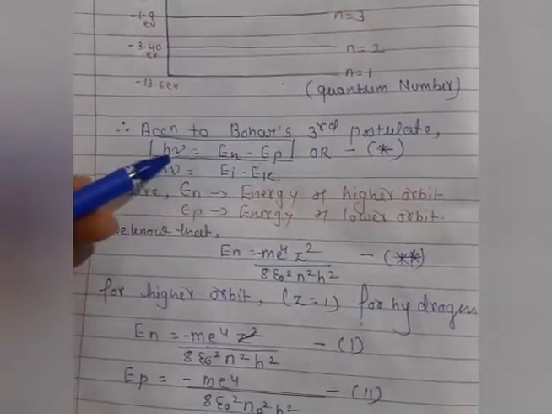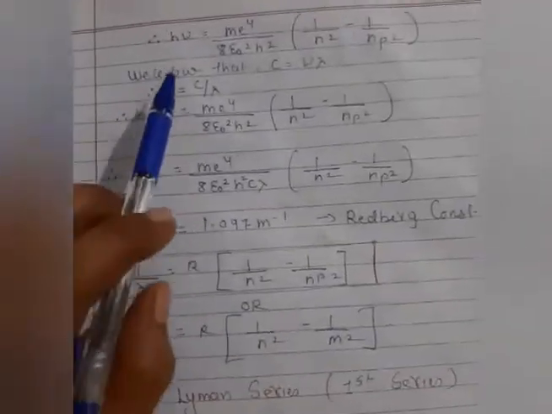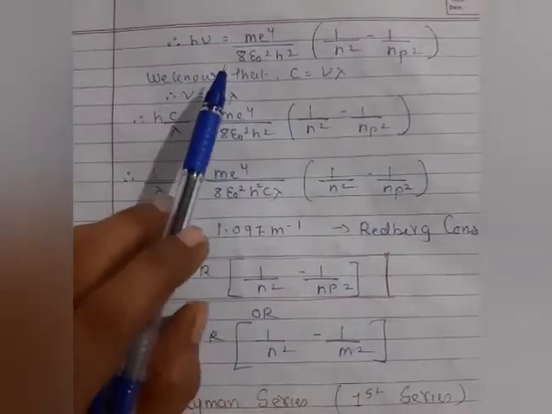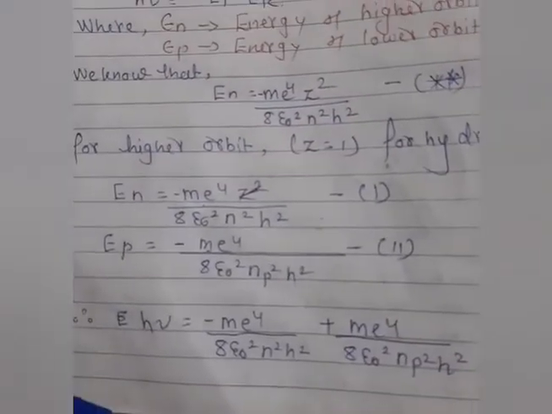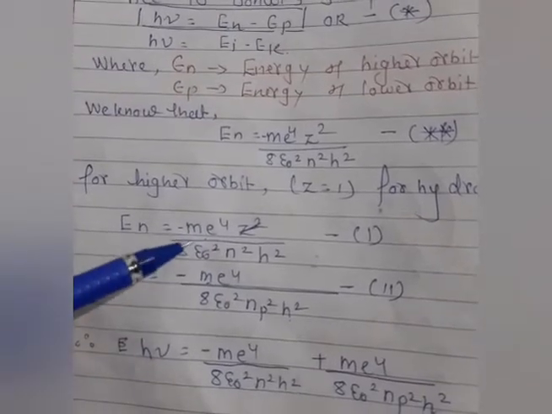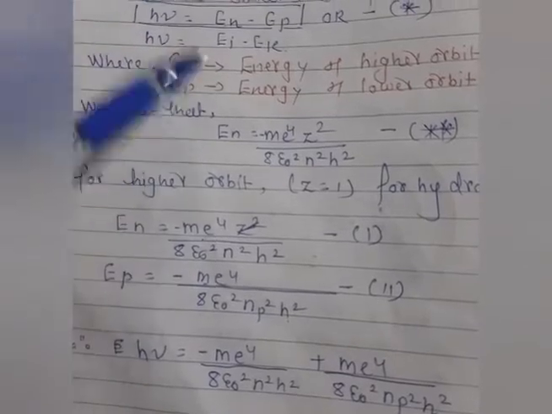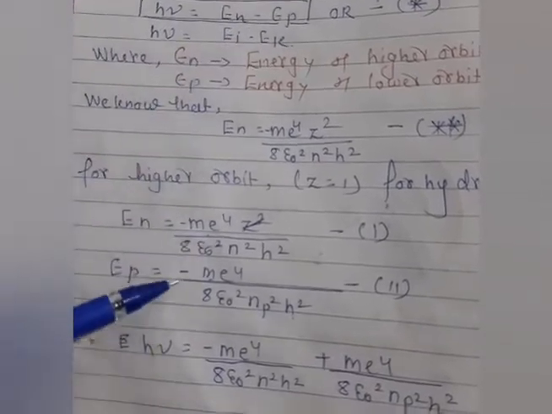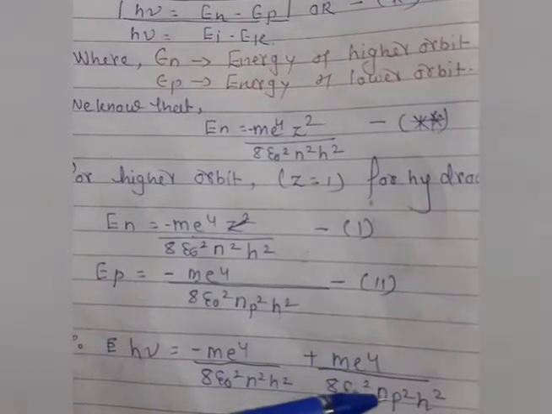So here we are getting the formula of wavelength from this condition. When we substitute these values, taking this value together, you can see the h nu term stays as it is, the first condition, minus m e raised to 4 and this condition. Here the term is minus and here the term is minus, so minus minus becomes plus m e raised to 4, and then the condition will be the same.